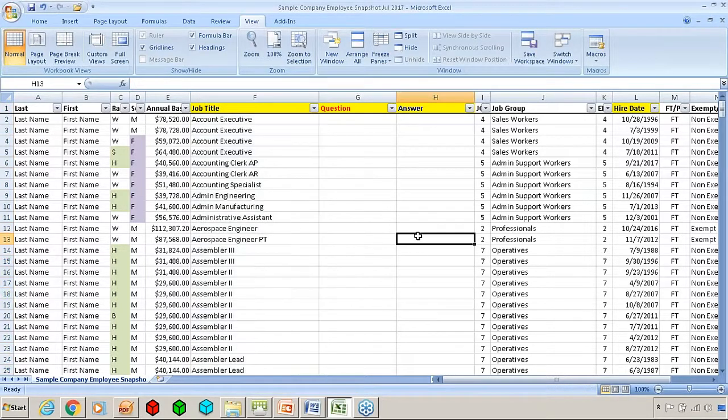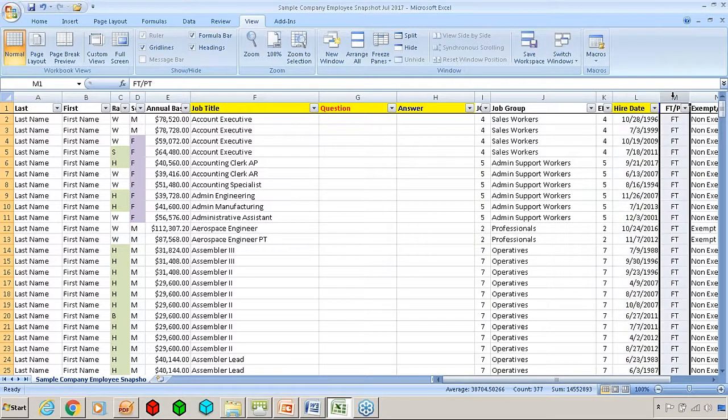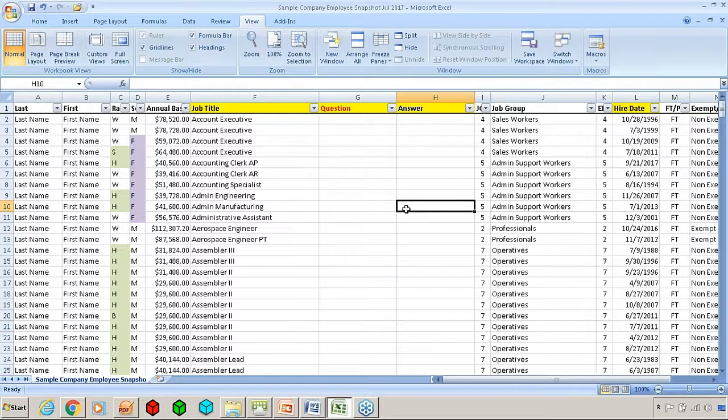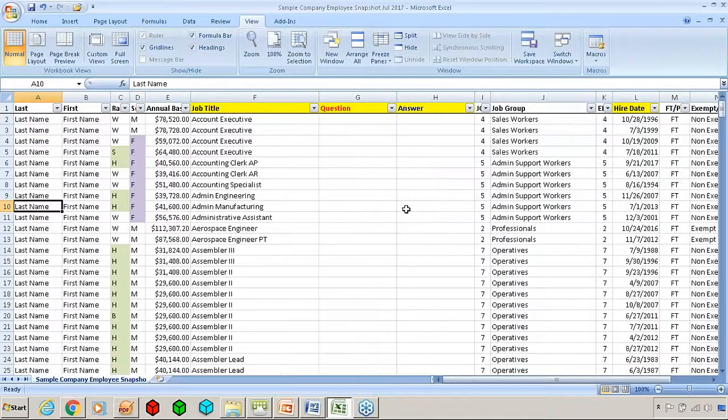And this is how we recommend you look at this. So this over here is the EEO code in the job group. This is the hire date. Are they full-time, part-time, exempt, or non-exempt? So this is an example of pay data that you would hand into the OFCCP. And then they would want a lot more than this. But I just want to give you an example of how to do your self-audit.